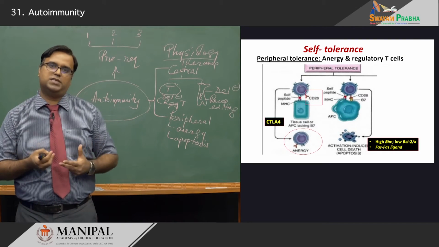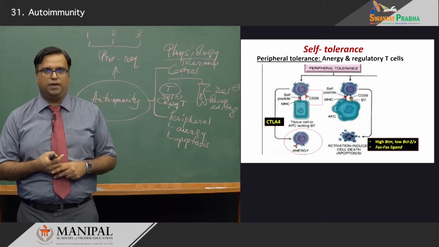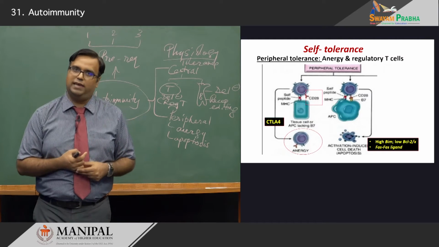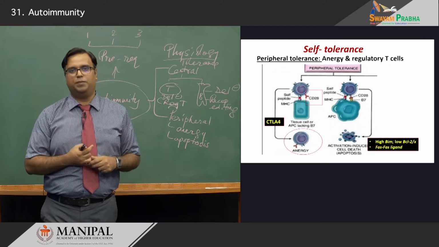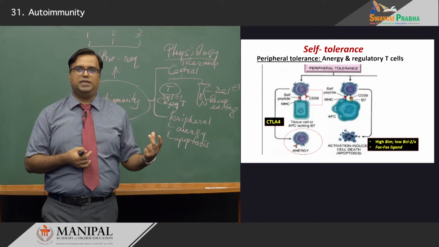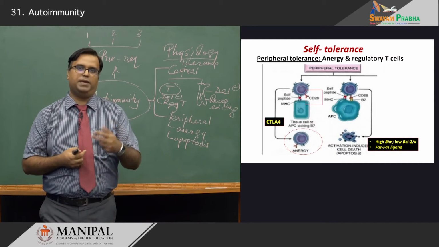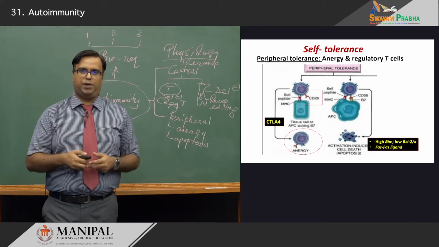Now, this is a context where you have an overdrive of pro-apoptotic pathways being generated. Also, it has been seen that there is upregulation in the level of Fas ligand, which, as we remember from our classes on apoptosis, induces the death domain pathway of apoptosis. So, all these T lymphocytes which have escaped anergy may be checked at the second point by means of apoptosis. So, the pool of self-reactive T lymphocytes is brought down.